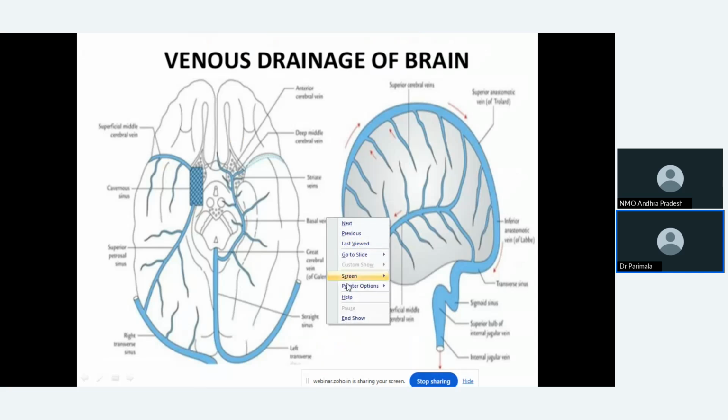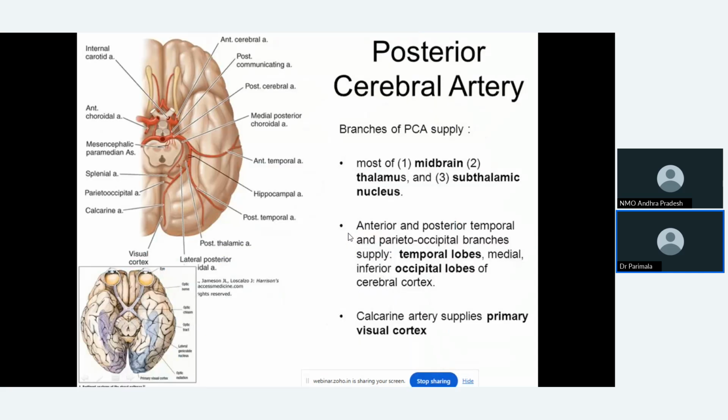So I have finished arterial supply. You just mention which part of the brain is supplied by which artery. That is enough for you. Okay. So the circle of Willis is the major arterial supply. How does it form? What is its description? How are the arteries arranged? What types of branches are there? How do they supply the brain? And then which cerebral artery is supplying which part of the brain? That is what you have to write for arterial supply.